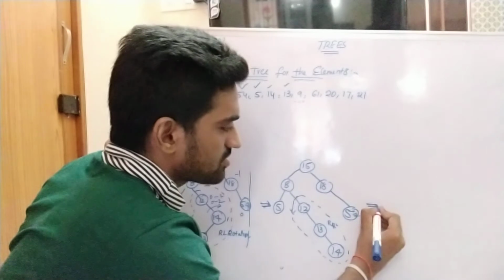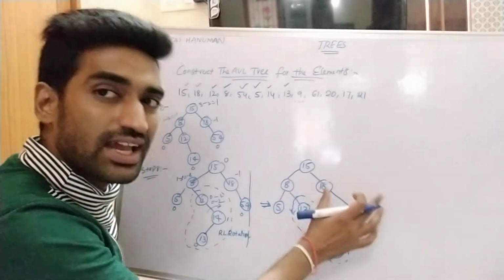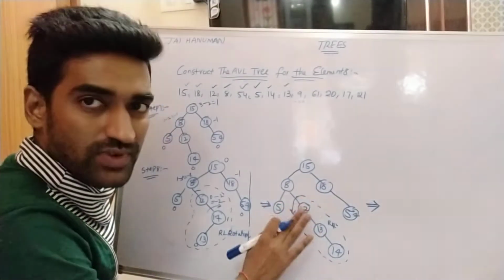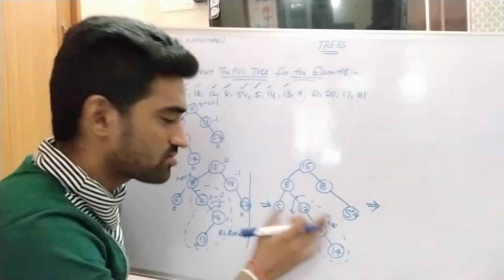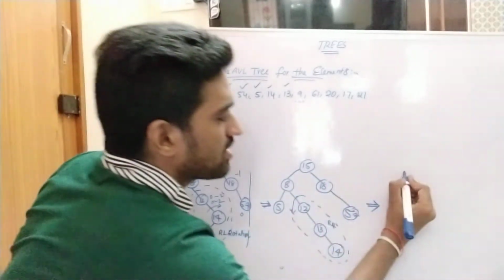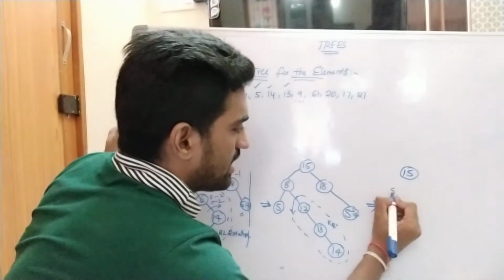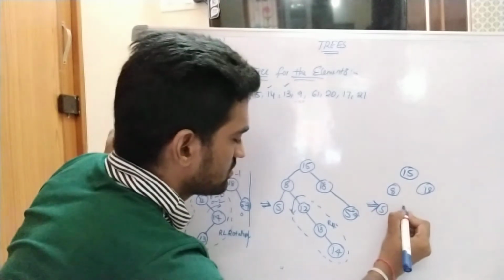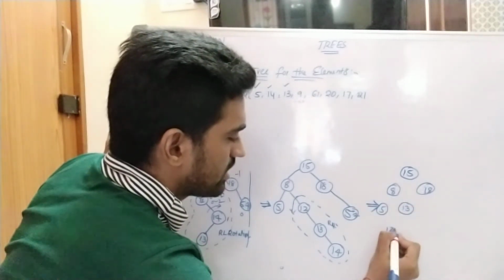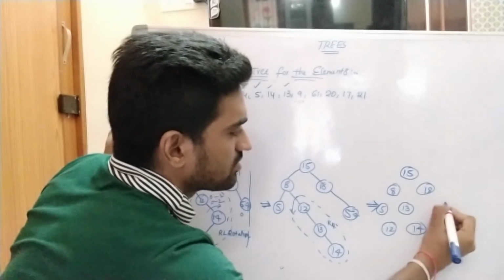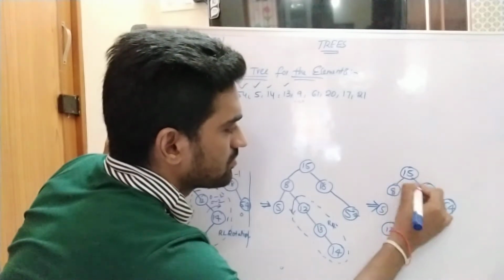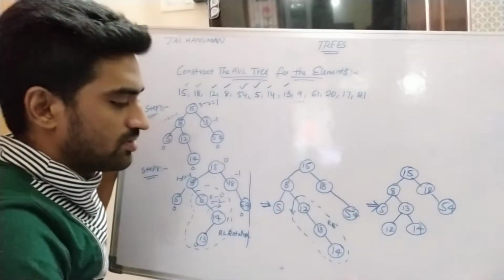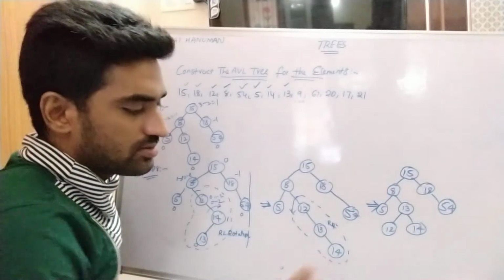Now the tree becomes. So after completion of the 2 steps only, we calculate the balance factor. So once we calculate the balancing factor, it is not satisfied by this tree. So after completion of the 2-step process only, we can calculate the balancing factor. Now the tree becomes 15, 8, 18, 5, 13, 12, 14, 54. Right? So this is the tree.